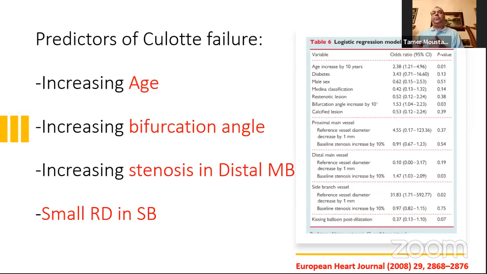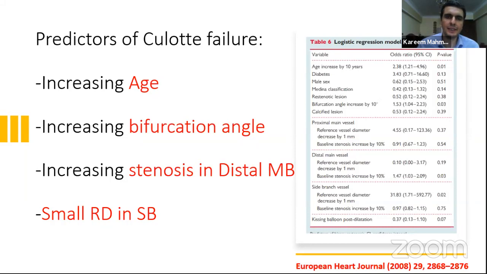Karim, how does increasing age predict the failure of the Culotte technique? Is this related to calcification or more rigidity in the vessels, or what? Of course, with increasing age, we encounter more calcification and more fibrosis in the lesion, especially in the side branch lesion.